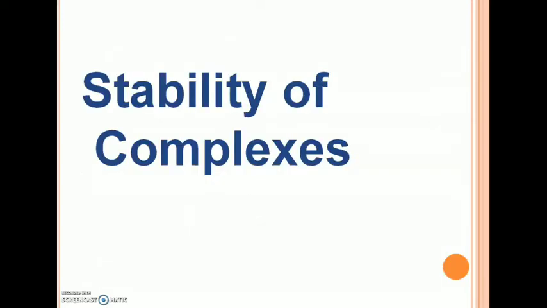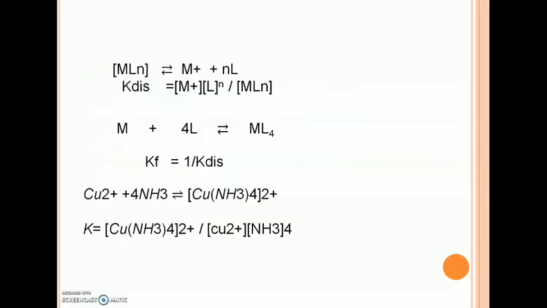Today's topic is stability of complexes. We know that most of the complex ions are stable. However, they dissociate to a slight extent. For example, a general example: if a complex MLn dissociates into M+ and nL,